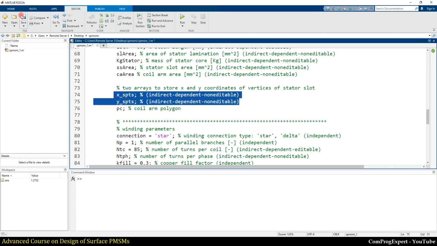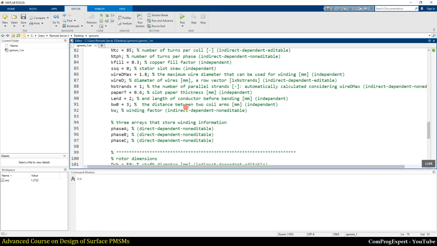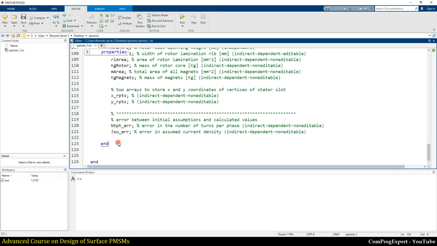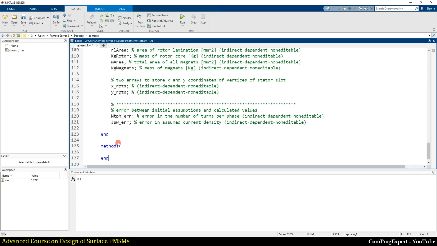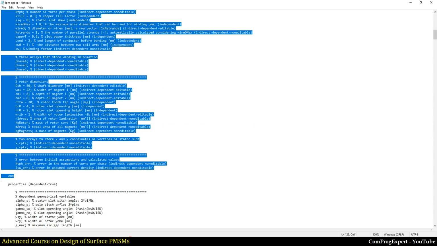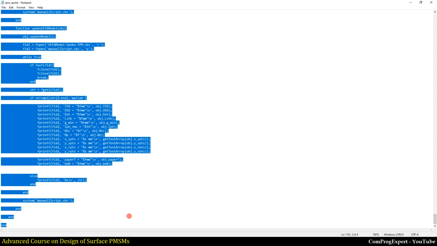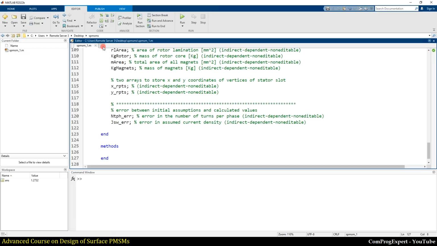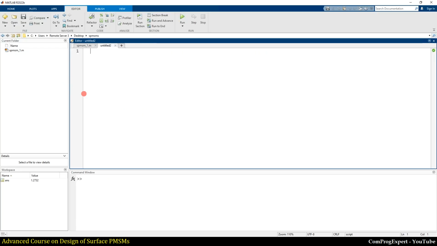So let's save, and now I can develop the methods that I need. As you know, the first method that we need to consider, let me copy this code and paste it here.